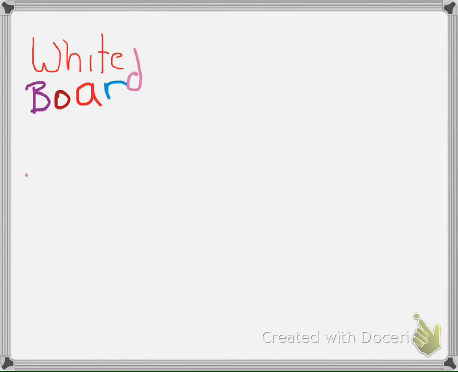Or if you don't want to get fancy like that, you can use some of the built-in backgrounds that come with it, and they have a bunch of them. Got your generic whiteboard, you've got a couple of green chalkboards, you've got, let me show you this. See how I did that with the pen? I changed the colors on the fly. Actually, I changed them between each letter, but it doesn't show here because of the way that Doceri handles the